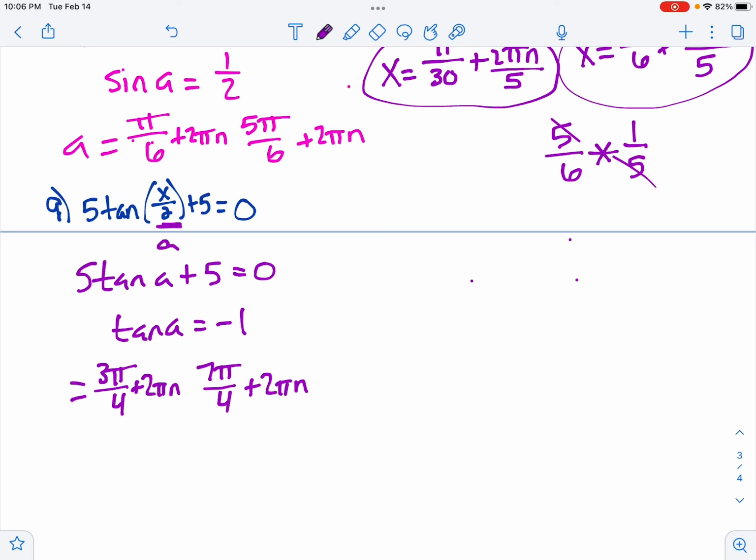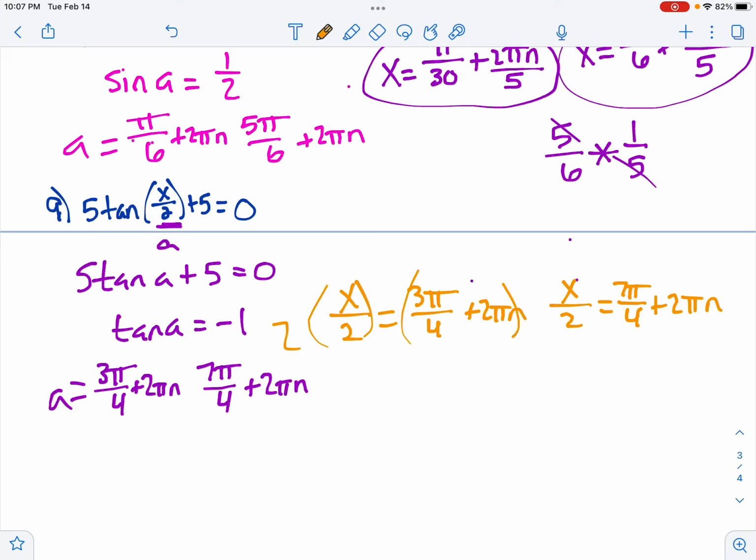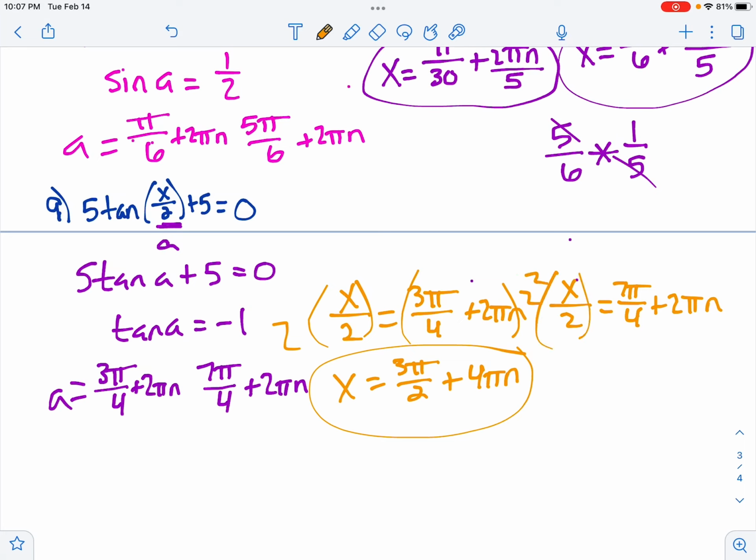And now I need to go back to what a equals, because this stuff equals a. But I have a value for a. So now I'm going to go back to what a equals, and I have x over 2 equals 3 pi over 4 plus 2 pi n, and x over 2 equals 7 pi over 4 plus 2 pi n. I'm going to solve each of those by multiplying by 2 on both sides to get x equals 2 times 3 is 6. 6 over 4 simplifies, right, to 3 pi over 2 plus 2 times 2 is 4, so 4 pi n. There's some solutions. Then on the other side, we're going to multiply by 2 on both sides again. So we get x equals 2 times 7 is 14. 14 over 4 simplifies to 7 pi over 2 plus 2 times 2 is 4, so 4 pi n. And that is how you solve the more challenging